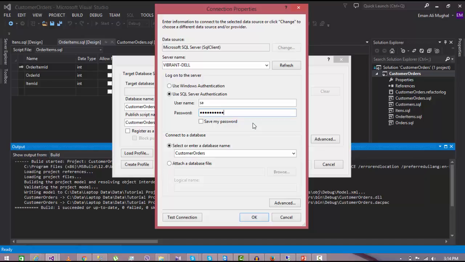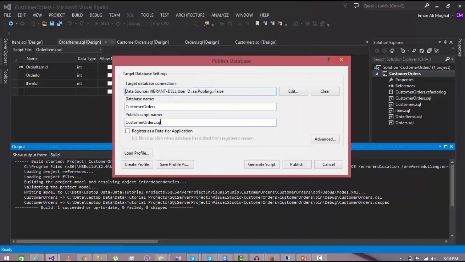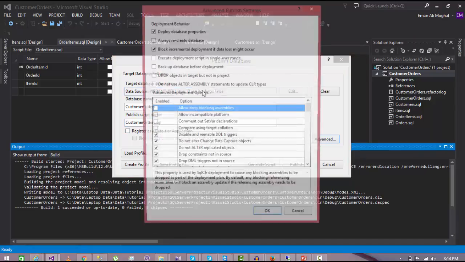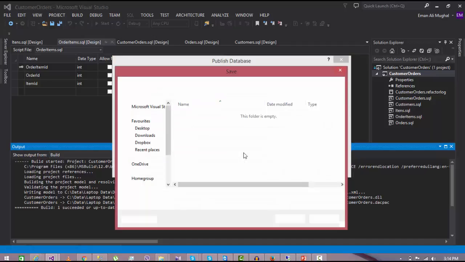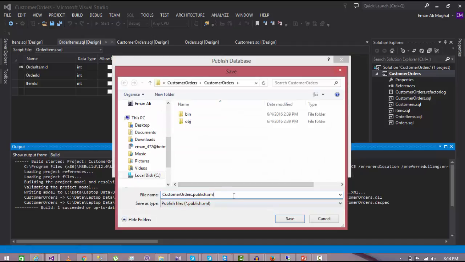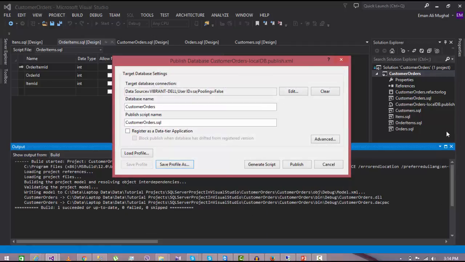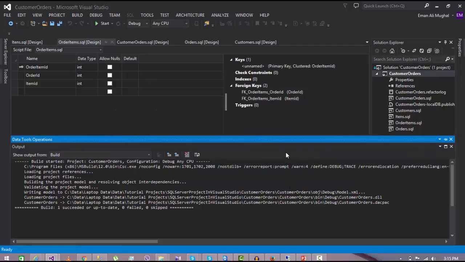Okay, so this has been set. If I go to advanced, I need to always recreate, and then I can save this profile as well. I'm going to save this profile in my project directory, and I can rename it to local db. As you can see, once I save, this profile appears over here in the Solution Explorer. So now if I click on publish,